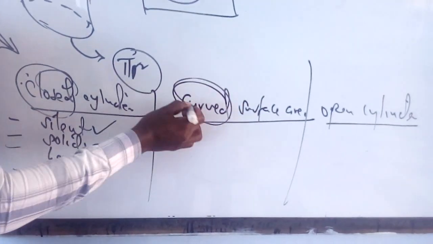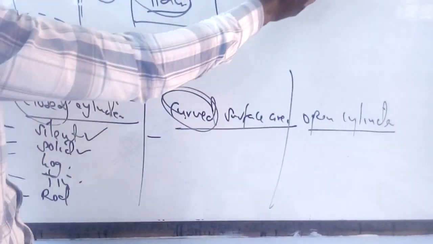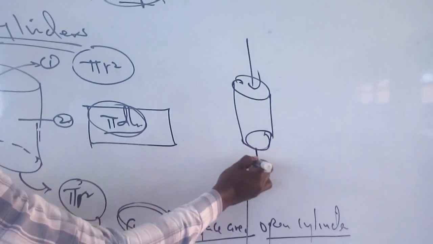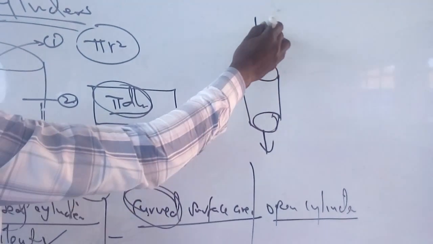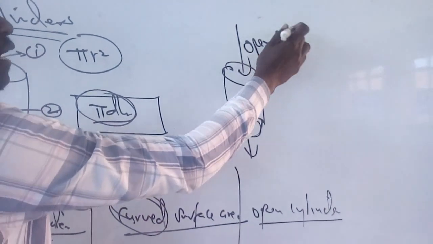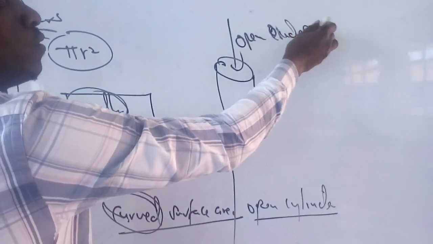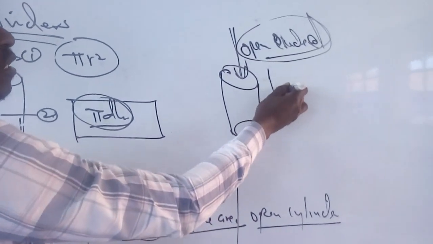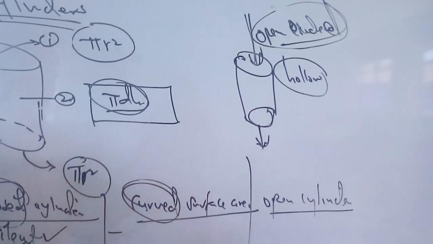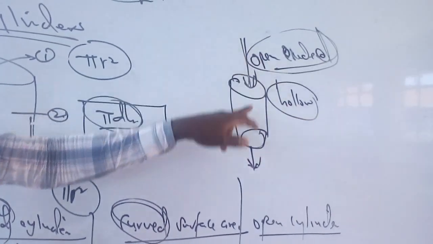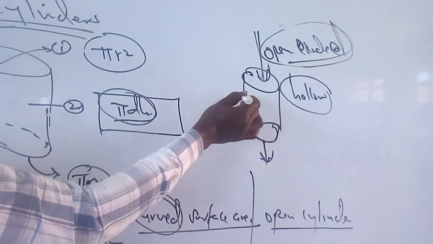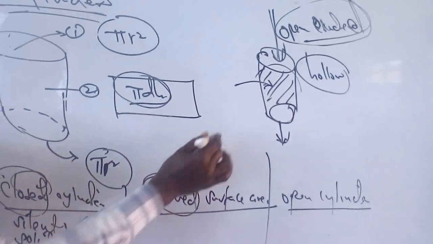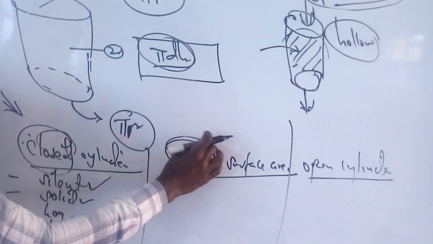Then we have what we call curved surface areas. When we discuss curved surface areas, they are simply objects which are open on both ends. So we say they are open-ended. When you say they are open-ended, it means it is open here and here. So the object, in simple terms, is a hollow object, a cylinder which is hollow, open on both ends. We are only left with the curved surface. The only area that is left is the curved surface area. If the curved surface area is left, we say that's a curved surface area.